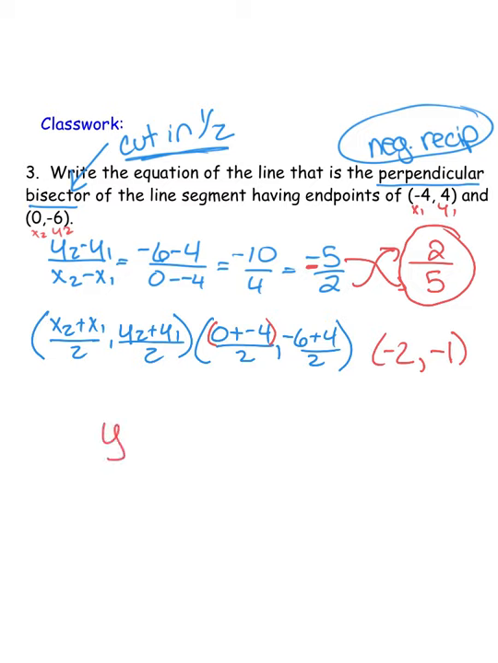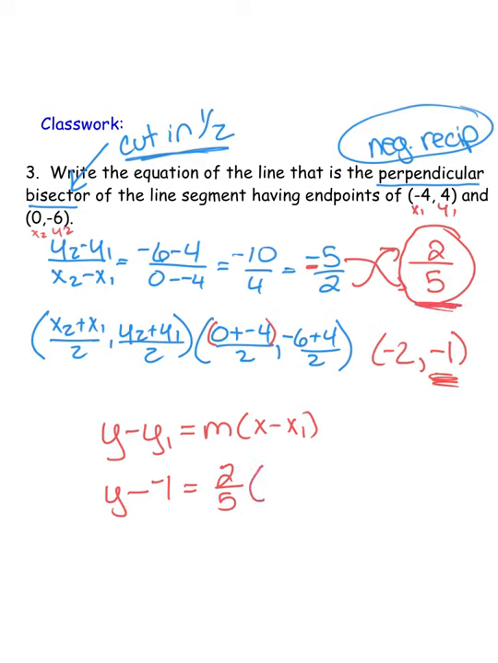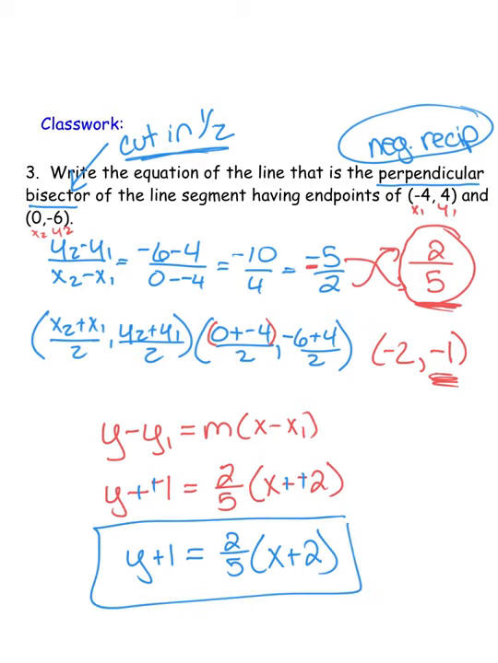We're going to write the equation of a line. y minus y1 equals m times x minus x1. I'm going to plug in what I know. My y value is negative 1. My slope is 2/5 from up here. My x1 value is negative 2. The last thing I'm going to do to neaten it up is make these positives. So now I have y plus 1 equals 2/5 x plus 2,